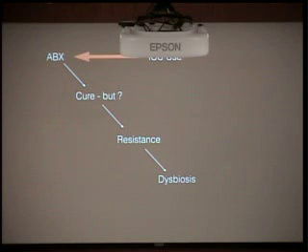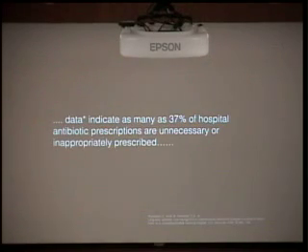We've given the antibiotics, and you could do this outpatient. We've got a cure. Yeah, we got a cure, but what else have we done? Well, we've created resistance, and now, as I explained dysbiosis, we've developed this dysbiosis, which is actually requiring us to use more antibiotics. So we've created this full circle of antibiotic use that we just can't get out of. And a lot of it is habit. A lot of us were used to it. And a lot of it is, well, they're on antibiotics. What do you want me to do? Now they're septic. Well, they're on antibiotics. What do you want me to do? And we've created, again, a lot of our own problem.